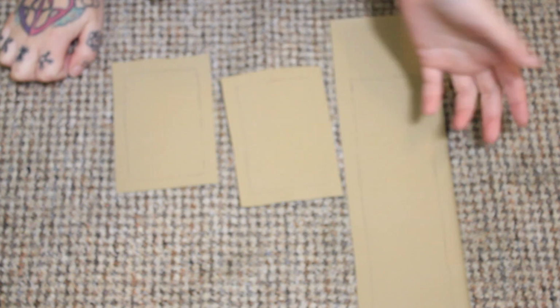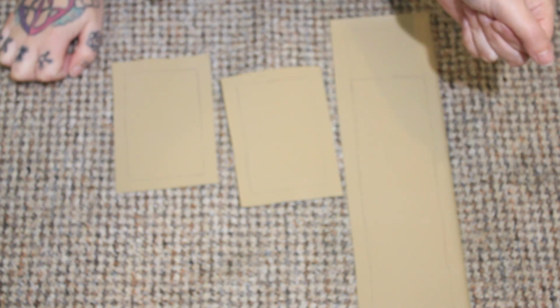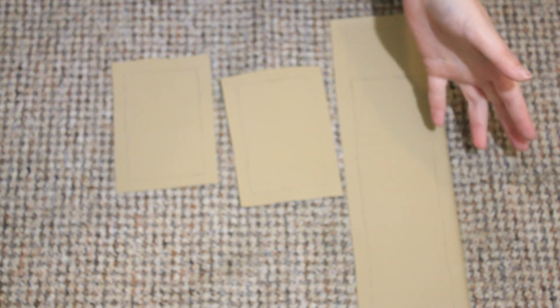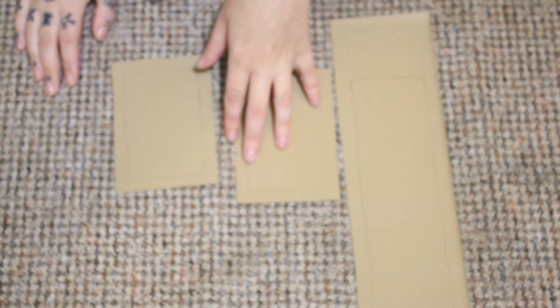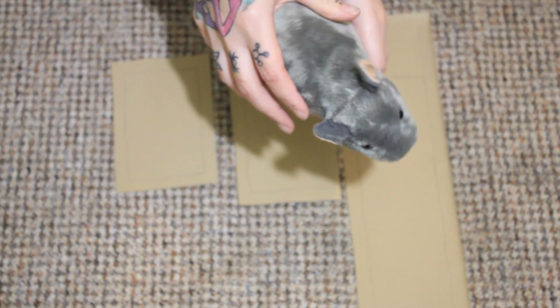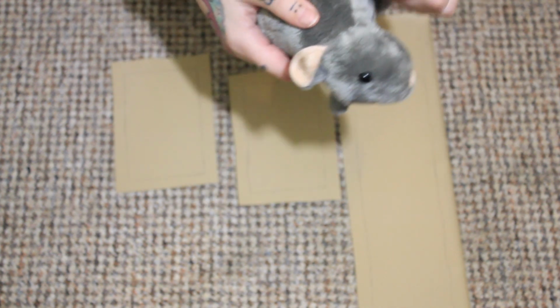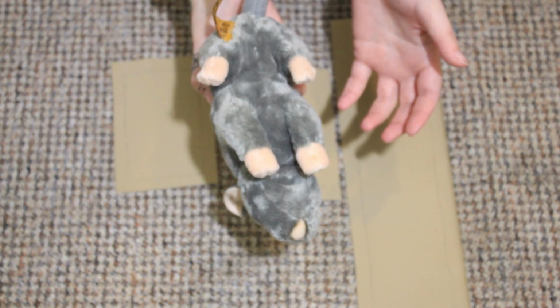Okay, so while I'm waiting for the paint to dry for the parts of the gas mask, there's basically nothing I can do on that for the rest of today now. I am going to make a little pouch for my little friend. In the film, Ratcatcher 2 does have a little pouch for her little ratty friend, so I'm going to do the same. I ideally wanted to get a realistic looking rat, but